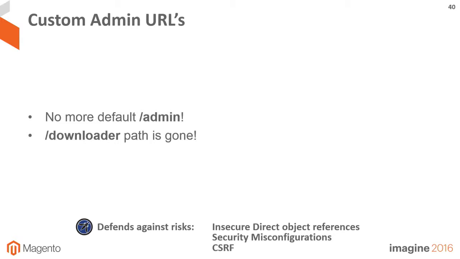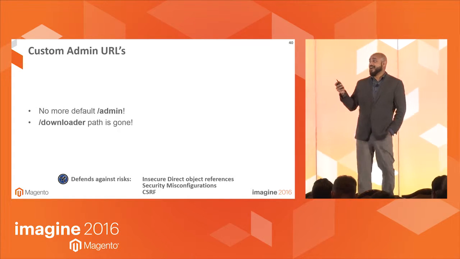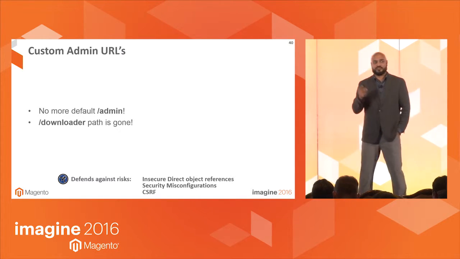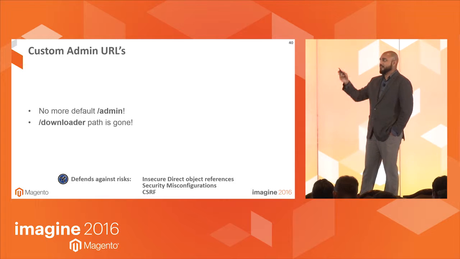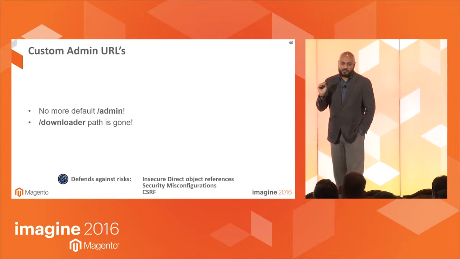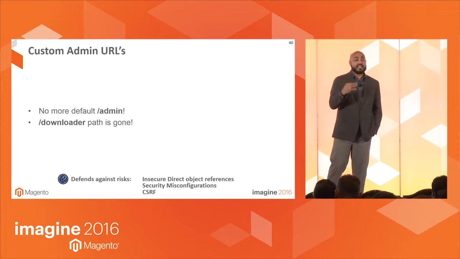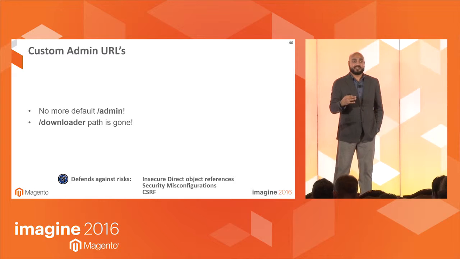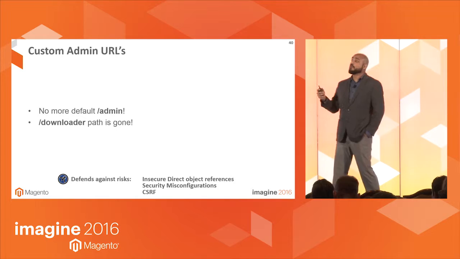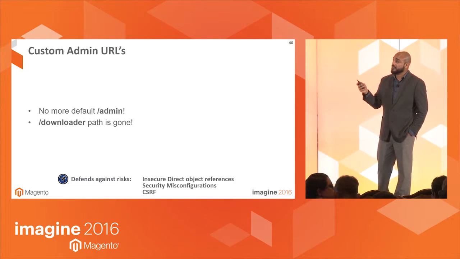Let's keep moving. Some fun stuff: no more default admin paths, and the downloader is gone. Because we all know, I had a personal story last year. Someone DDoSed one of my sites' downloader when I got to Imagine and I was ready to go have alcohol. So, all of these default paths are gone. It's still security by obscurity, but it's one more hurdle we throw in front of any attacker that tries to get into our site. And if they can't find the admin, maybe they just give up. Not bulletproof, but an excellent and welcome addition.